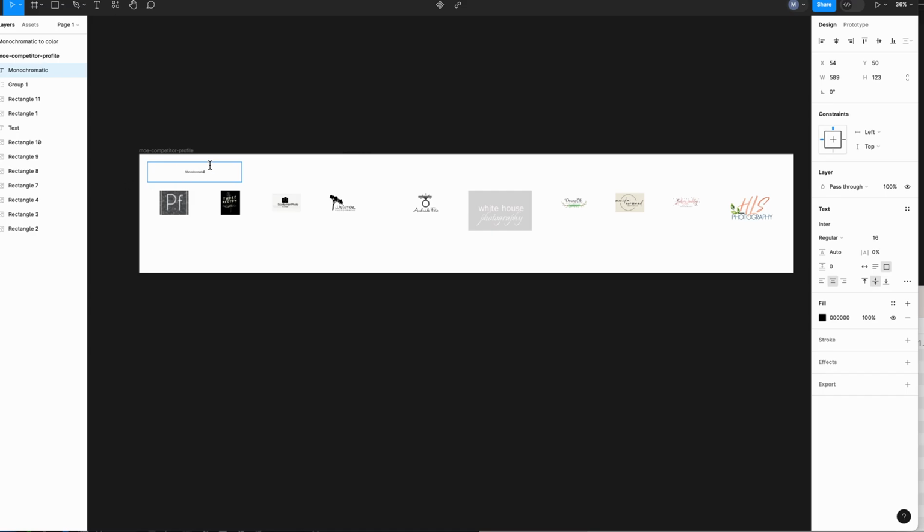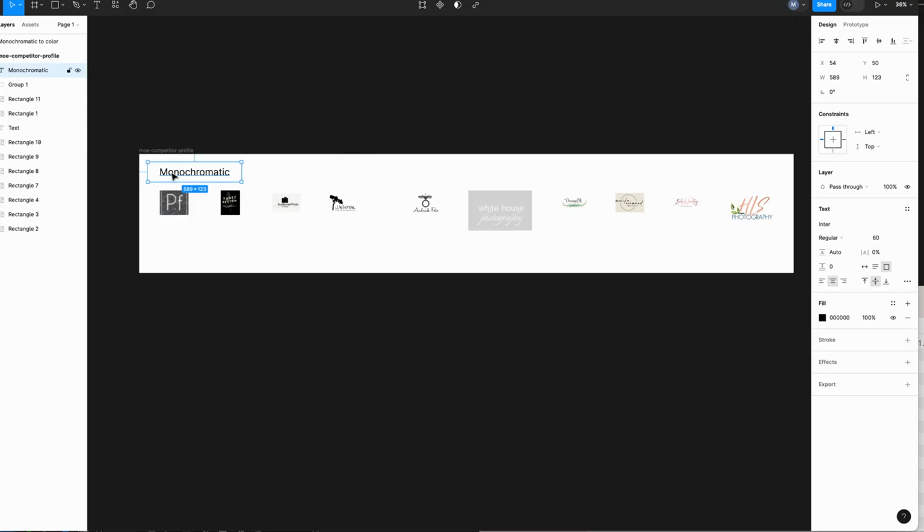monochromatic on this side. You know, that's so small, so I'm going to make it a little bit bigger. Again, part of this exercise is not only looking at logos for your users, but also you're learning a little bit more about Figma. So if you noticed, when I hovered over this, a little arrow appeared, and I can make the text larger or smaller, or I can just click in a number. I could just say 60 here and change it, or I can click here and change it. So lots of different ways. So I say monochromatic,